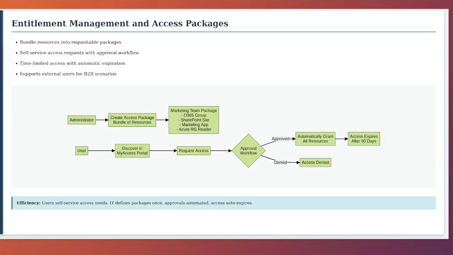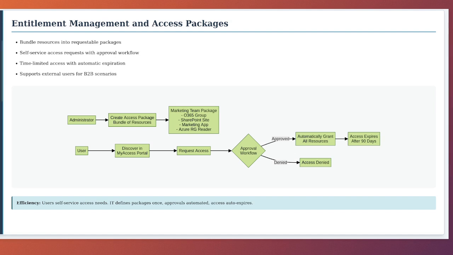Entitlement management and access packages. Entitlement management in Azure AD provides automated workflows for users to request access to resources they need. Instead of users emailing IT to request group memberships or application access, they can request access through a self-service portal. IT defines access packages that bundle together related resources, and users request access to these packages through an approval workflow. This is more sophisticated than anything built into AWS IAM, though some AWS customers build similar functionality using custom portals